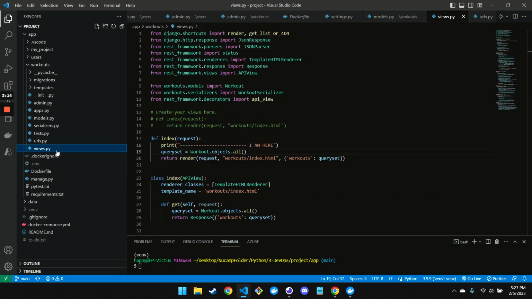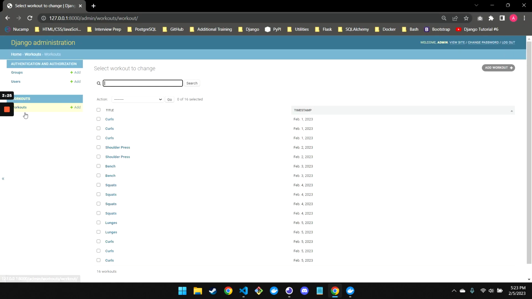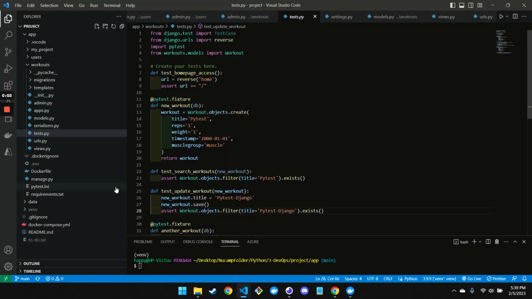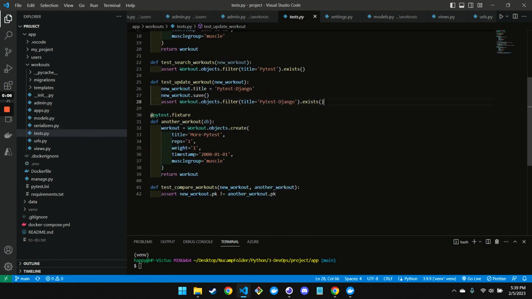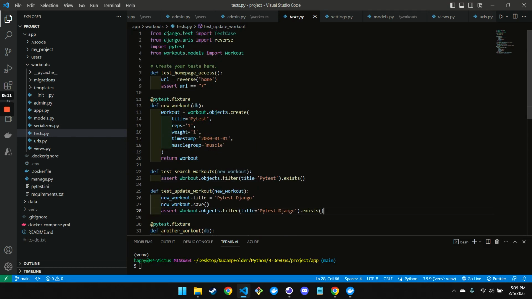In addition to the views that I had created to work with Insomnia, I also activated the admin site, which allows users to do some basic sorting by title or timestamp, and they can also filter results based on the name of the exercises. One last feature I added to my project were some unit and integration tests. I added some fixtures just to make sure that all the database models were working correctly and wouldn't cause any